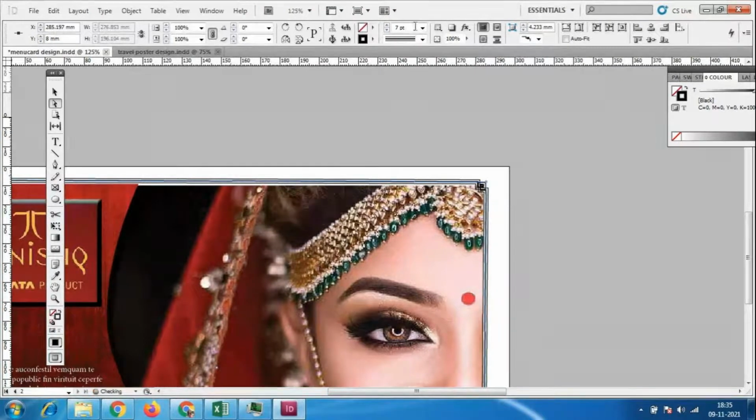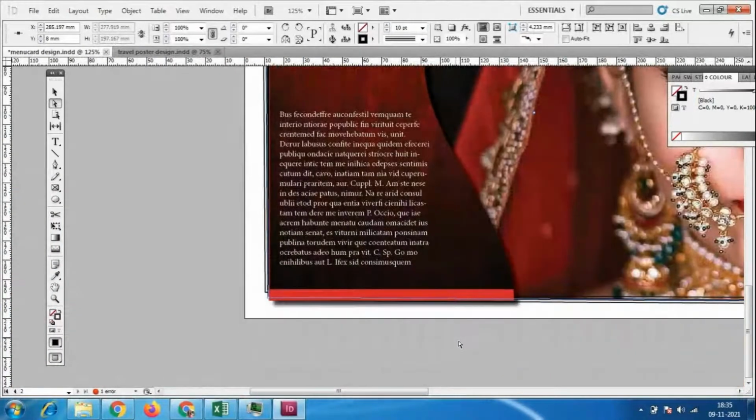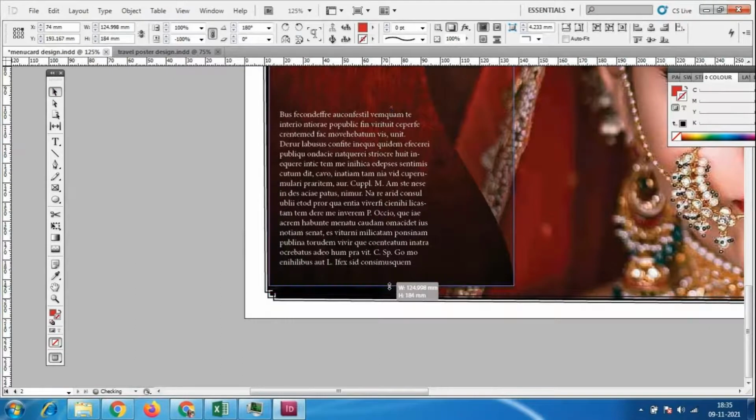Thickness I'll give 10. I'll keep the shape like this only.